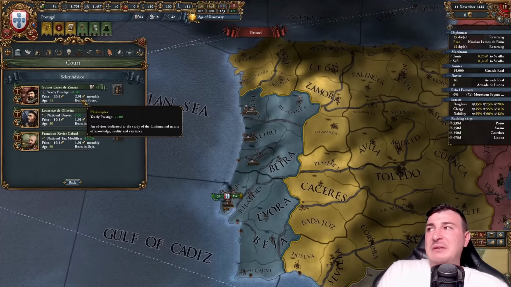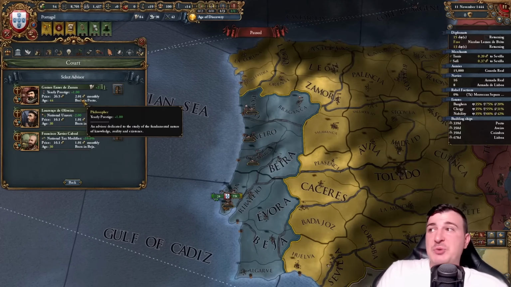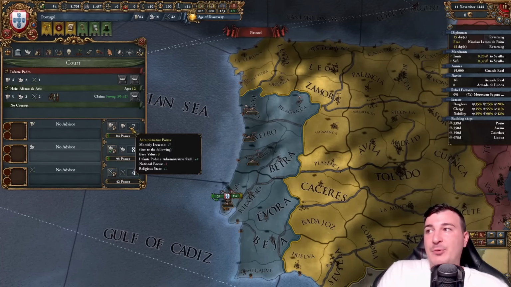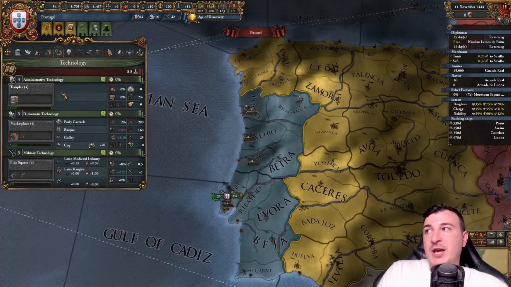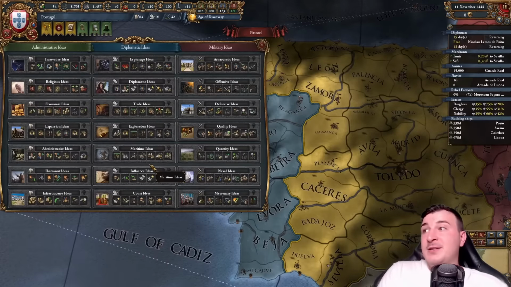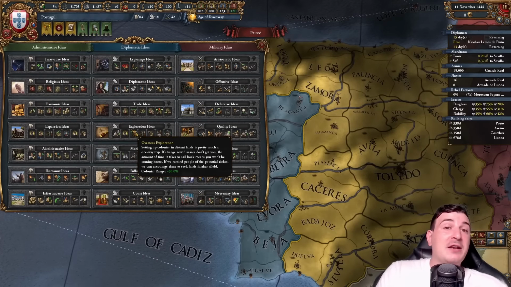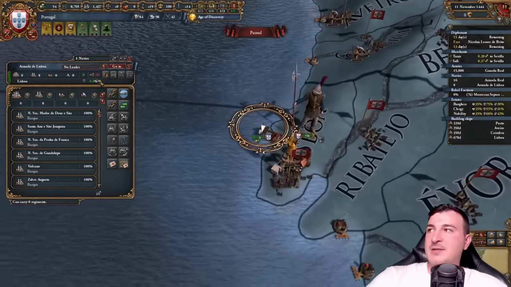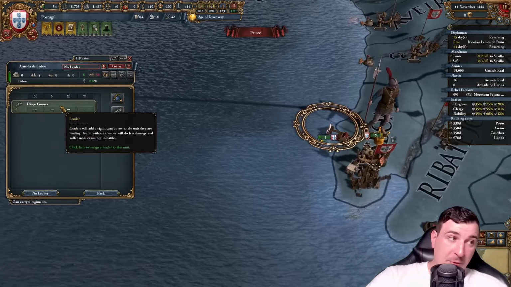We also started with the level 2 50% cheaper advisor, Gomes Ianes de Zurara, which means we can get admin points a little bit faster, which means we'll be able to get our first idea set unlocked at admin tech 5 earlier, which means we're gonna go for exploration ideas and colonize the New World before anybody else even knows what hit them. Another awesome part is that we start with an explorer from day 1, so once we get